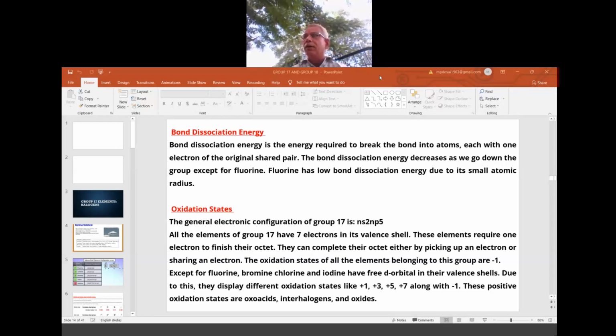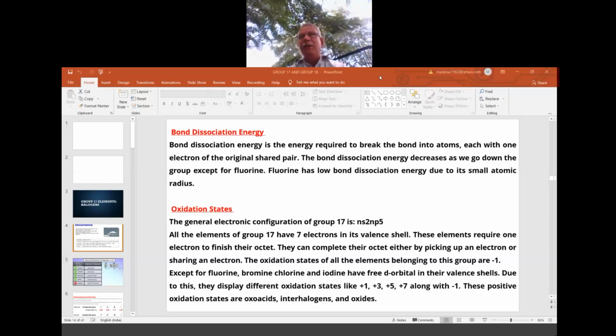Fluorine will not show plus one at any cost, because it is made the boss of all other elements, with minus 1. So only with fluorine it is minus 1, otherwise with other members minus 1 and plus oxidation states depend